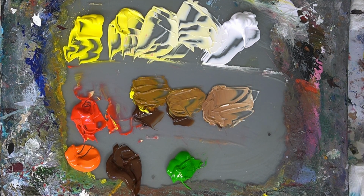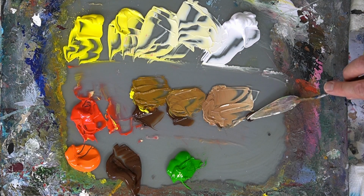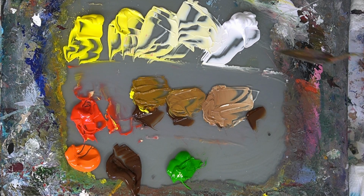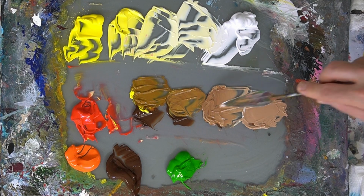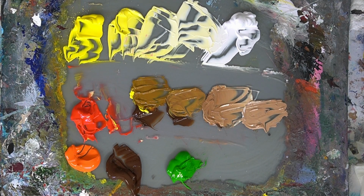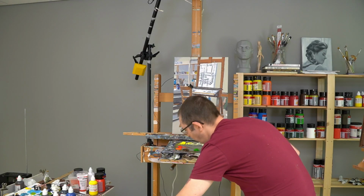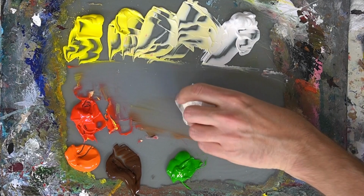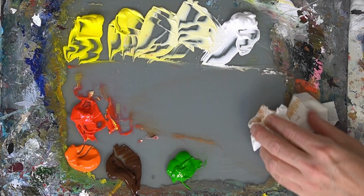That I say cool, that's relatively speaking, because still it is quite a warm color. And last but not least, I will show you burnt umber with a little bit of white only. See, that's close to this one, but still you sense that this is slightly warmer than this. So for brown colors as well, yellow often works fine, but again, it's just what do you need, more warm